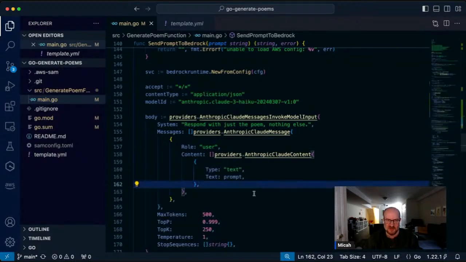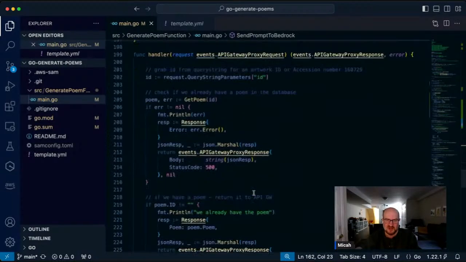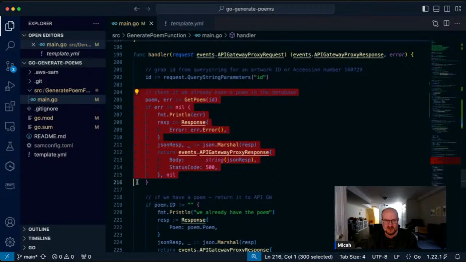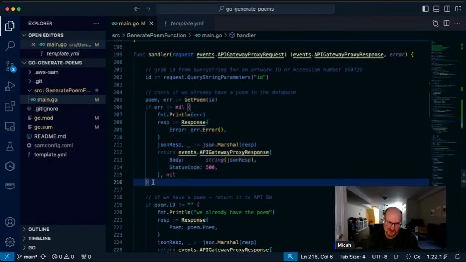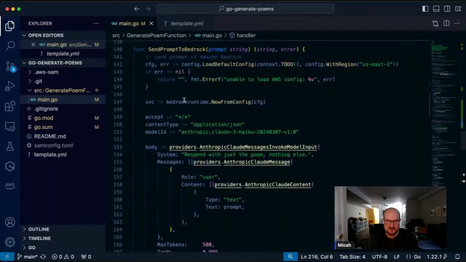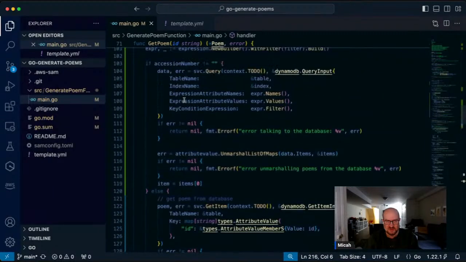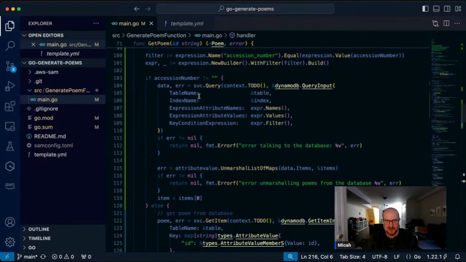All right, let's walk through what happened. What we tried to do in this case is we passed it an accession number that it doesn't recognize. So it must have done this get poem. Oh, I know exactly what this is. Well, I think I do. If we do a get poem, what we did in our get poem function is we looked it up by accession number.